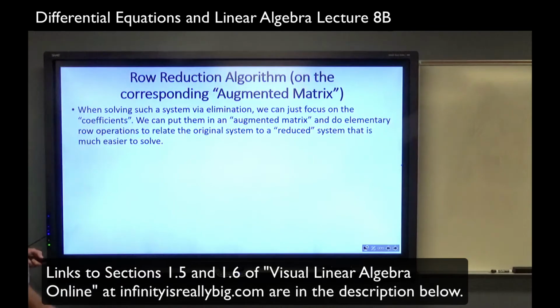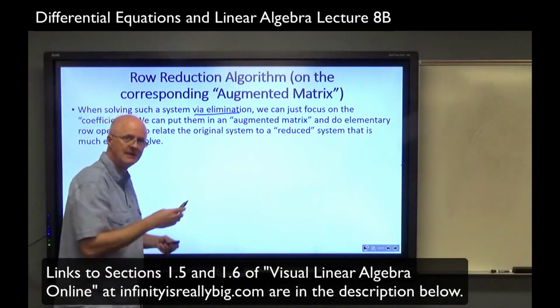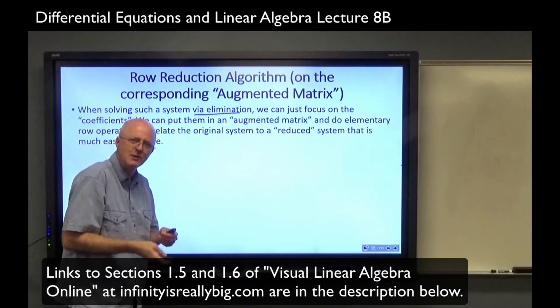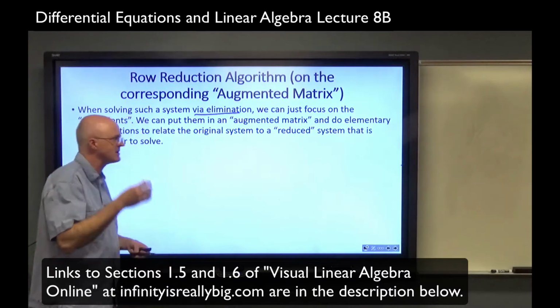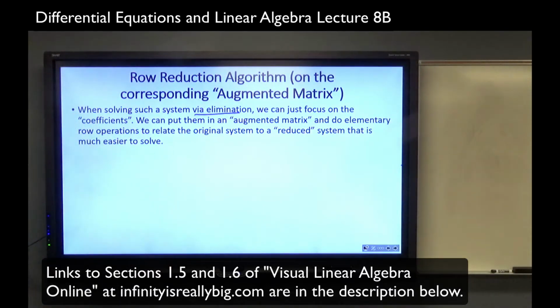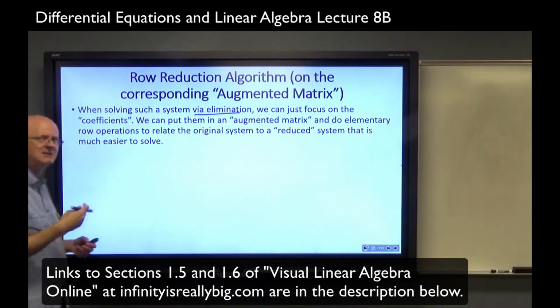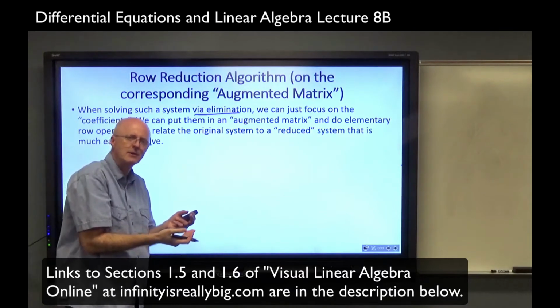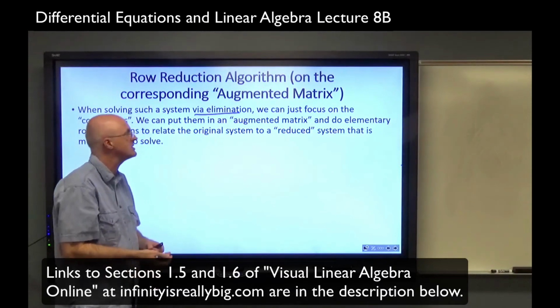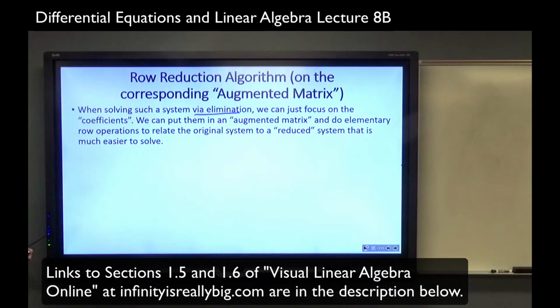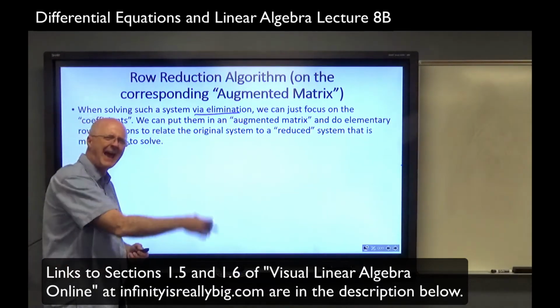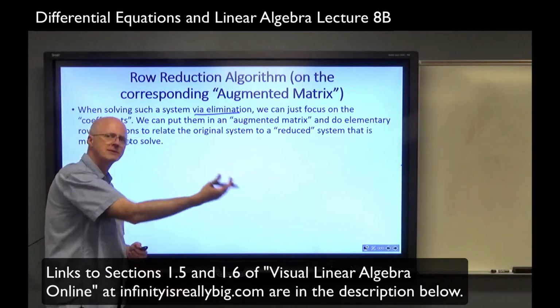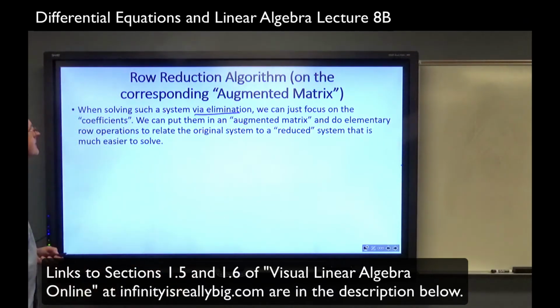When solving the system via elimination, which is effectively trying to eliminate variables as you go, we talked about that when we talked about solving 2x2 systems, we can just focus on the coefficients. The x, y, and z, and then the constants on the right are just sort of placeholders in a sense. We don't really need them when we think about doing elimination. We can put these coefficients in an augmented matrix. It's called augmented because we're going to add a column for the numbers that are on the right-hand sides of the equations. And do what are called elementary row operations,